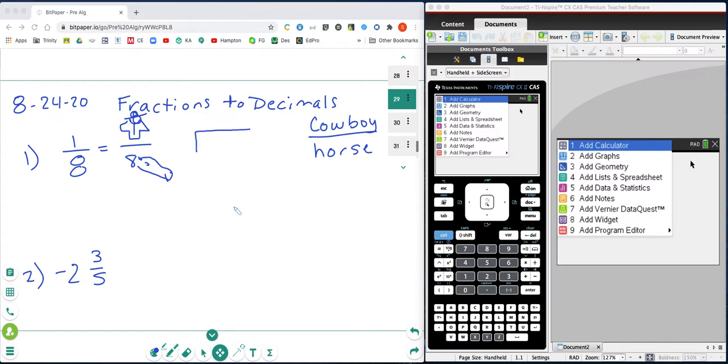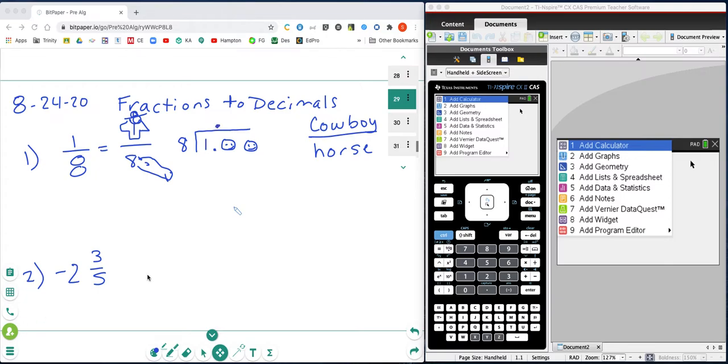divider symbol. So the cowboy goes into the church and sits down next to two praying people. Notice I have my decimal, and my horse stays outside. So the cowboy and the horse reminds me that the numerator is going to go inside the divisor sign, and the denominator is going to stay outside. So now what I'm going to do is move my decimal up to my answer,